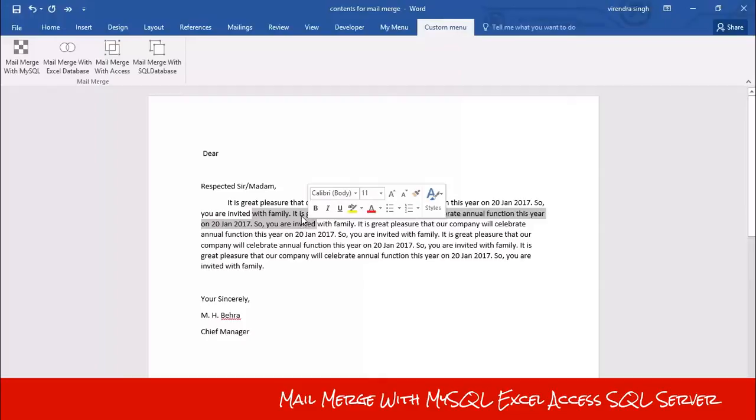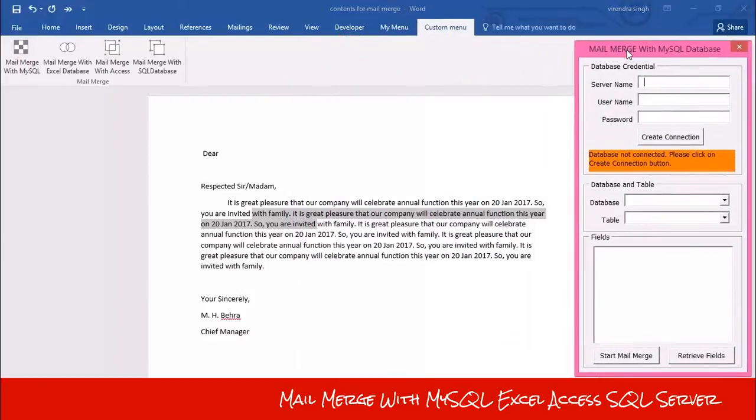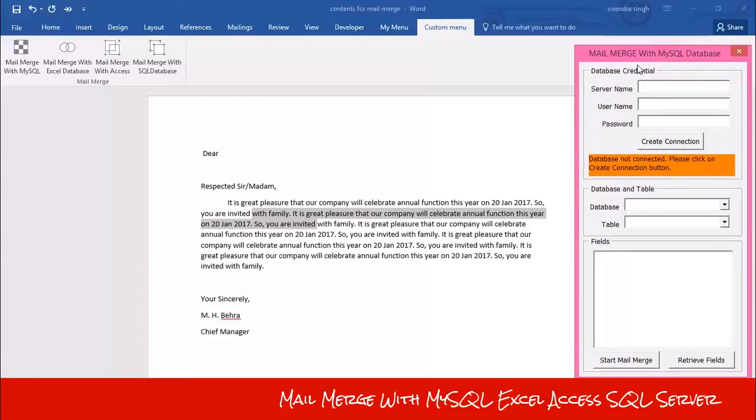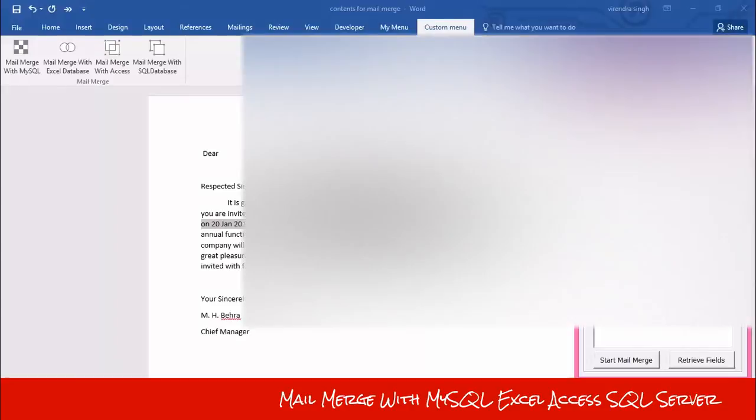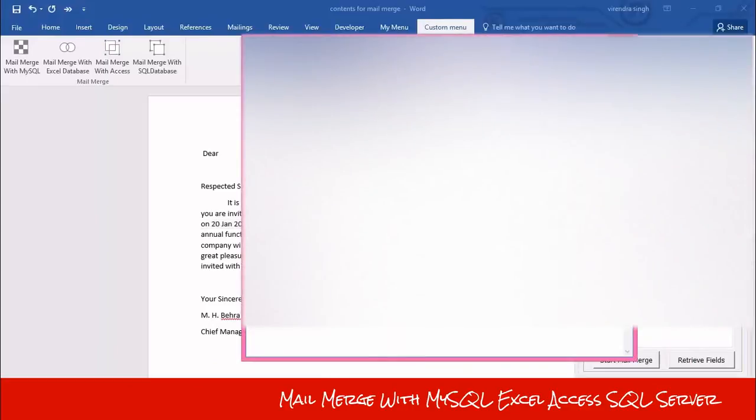I use a MySQL database which is stored on my Bluehost server. So I select the mail merge from MySQL option. This option, mail merge with MySQL, and this dialog box will appear. Then you need to put in some database credentials like server name, username and password. So I put these credentials: